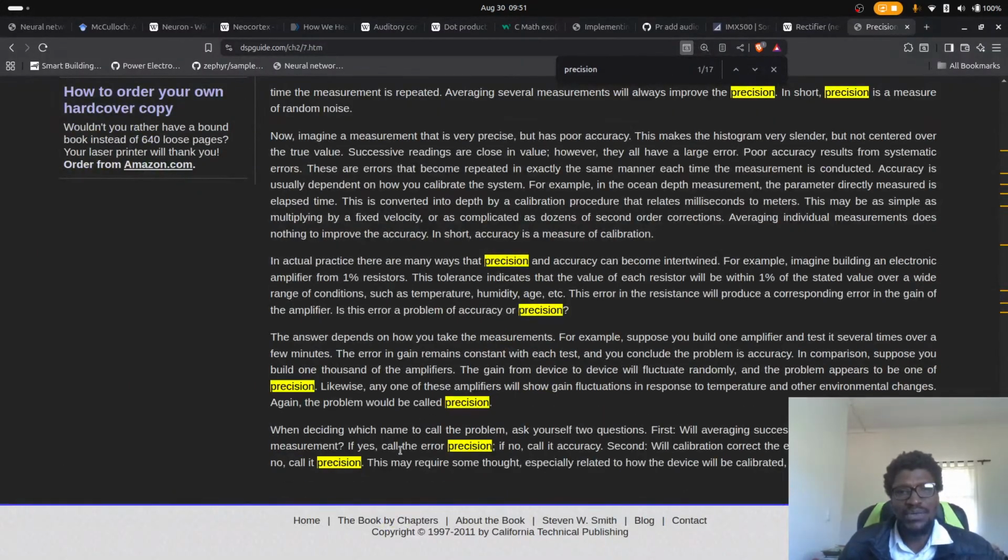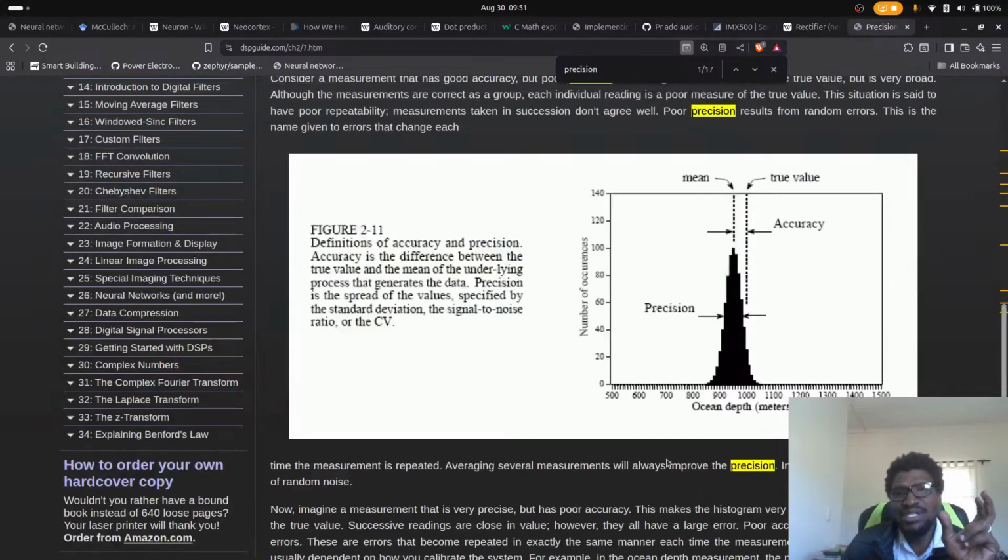When deciding which name to call the problem, ask yourself two questions. First, will averaging successive readings provide a better measurement? If yes, the error is precision. If no, call it accuracy. So there's a difference between precision and accuracy. And precision is basically how close your mean is to the true value,